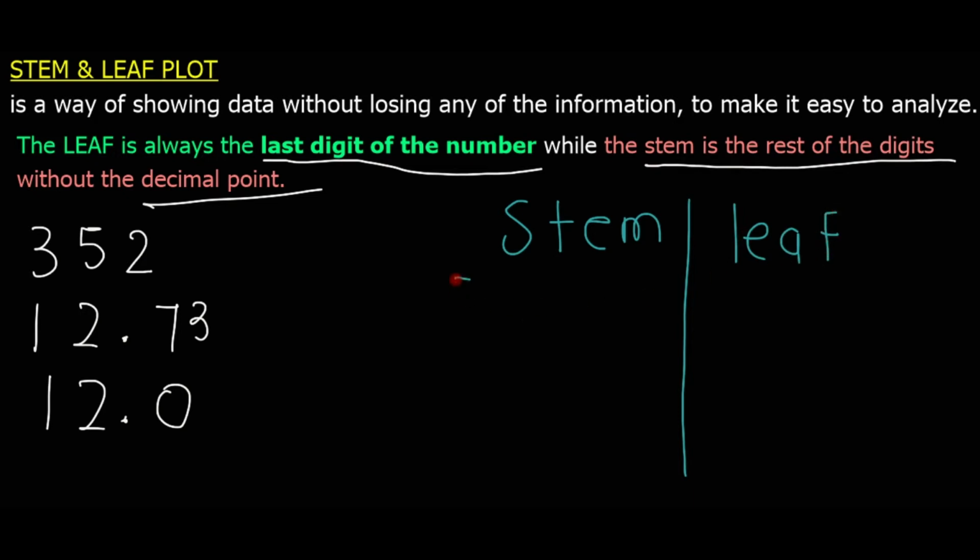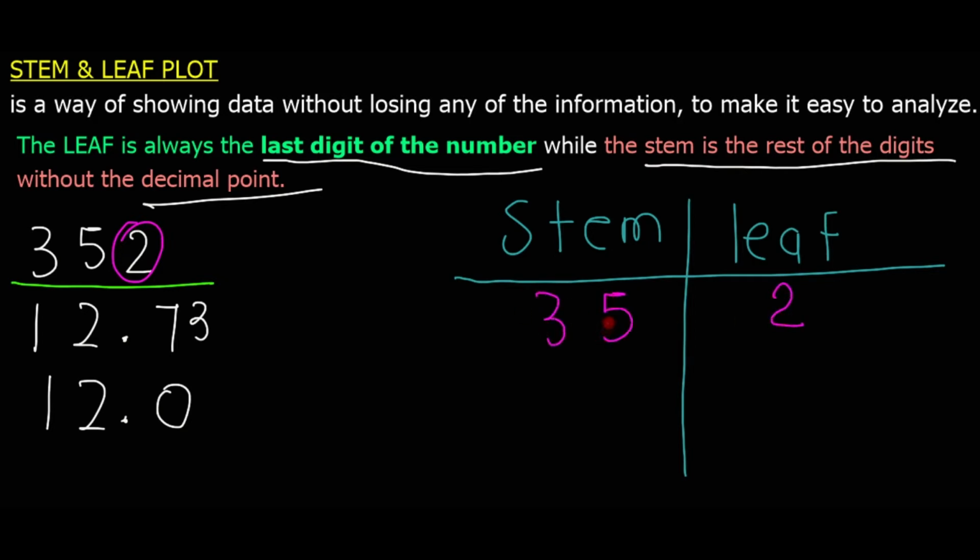So on the left we always write the stem. Now let's write this number using the stem and leaf plot. Because the leaf is always the last digit of the number, on the leaf we write 2, and then the rest is the stem. This will be 35, and then let's see this one